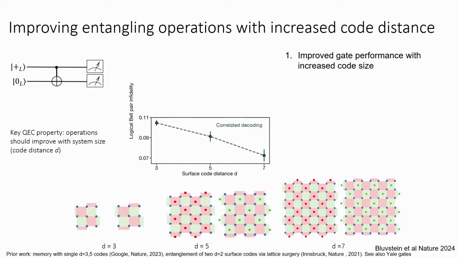And what we found here is that we get very, very slow improvement in the gate performance as we increase the code size. We want to get to 10 to the minus 10, so this is not 10 to the minus 10. But we start to see that things can improve as we increase the size of the code.